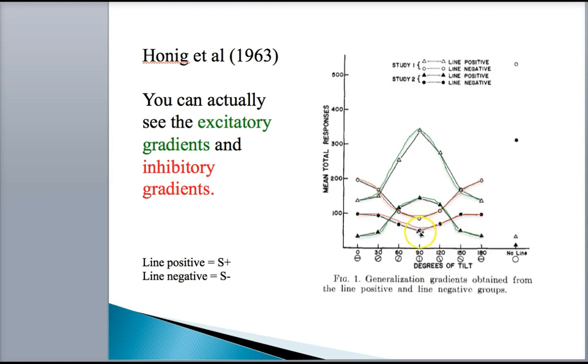So here's study 1 and study 2, but then they measured responding in each of those in either direction. And what you find is that the tendency to respond to the white aspect of the key light increases as you move away from that 90-degree vertical line. So this shows us, I mean, this is quite extraordinary. They actually were able to directly measure an inhibitory gradient. These data profoundly supported Spence's view.